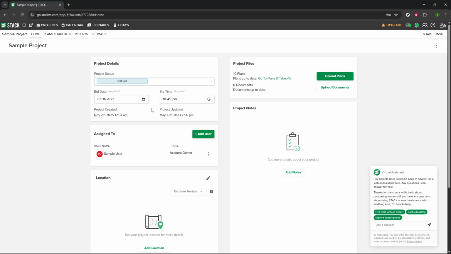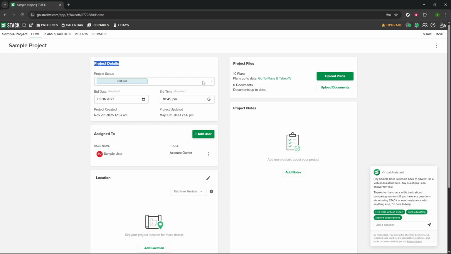When you're in the project, locate and go to the project details section. This is essentially the control panel for monitoring and managing the status of your project. Here you'll find the project's current status, along with other important details like timelines and deliverables. Clarifying and updating this section ensures that everyone involved in the project is on the same page regarding what's happening